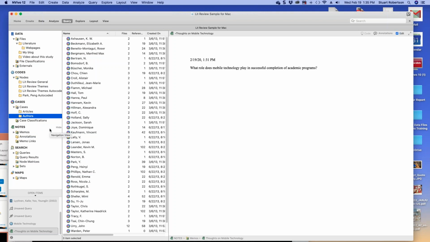But when you're thinking about authors and creating them as cases, this is probably one of the differences. Those of you who've used NVivo for traditional research for the studies themselves, this might be a slight variation that your units of analysis may actually be your authors and or articles, depending on how you're doing it. But you want to be able to pull together all of the work from a given author or author group,